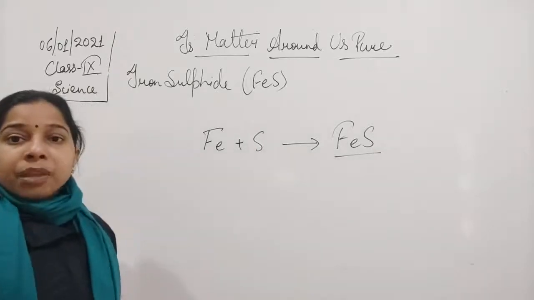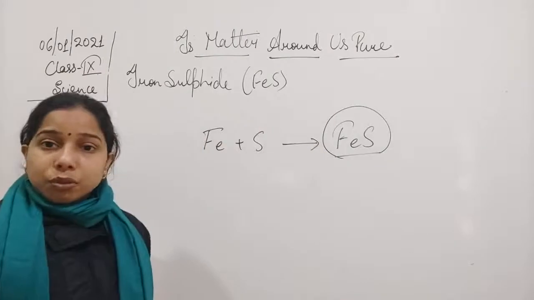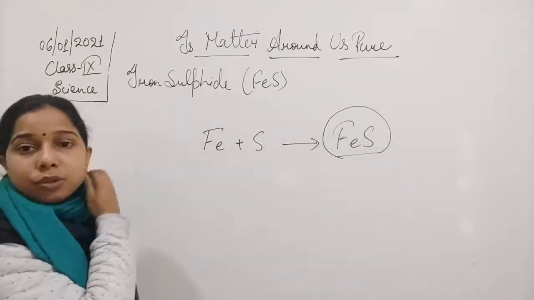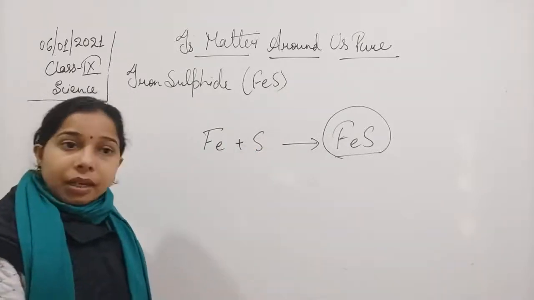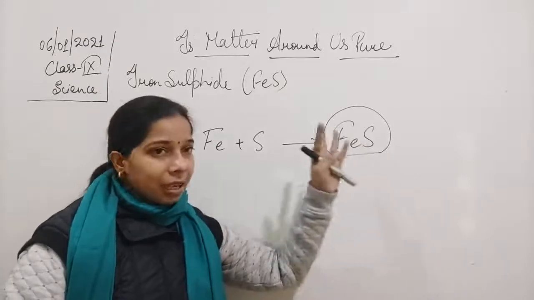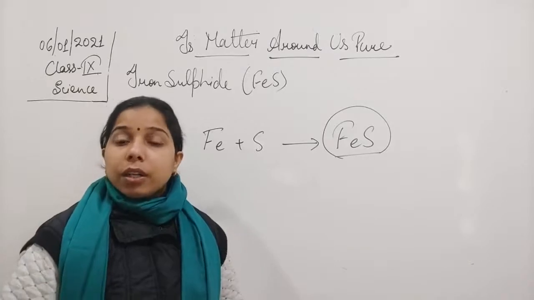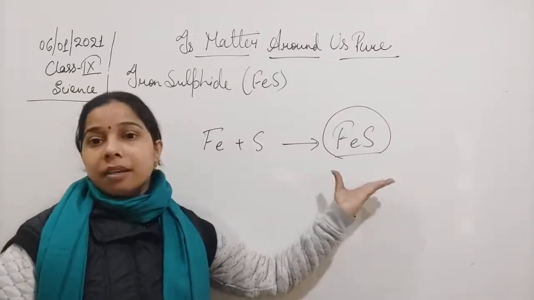So here, what is this? It is a kind of compound. Now, how did we come to know that it is a compound? Because the two pure elements react together with each other to form this compound. Now, let us try to understand what will happen in the same process that we did to see the property of the mixture; we will do it with the iron sulfide.